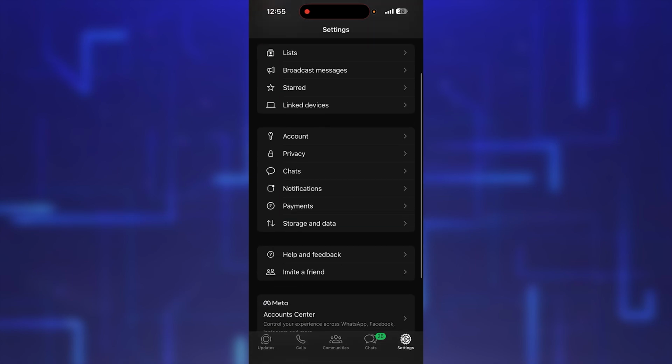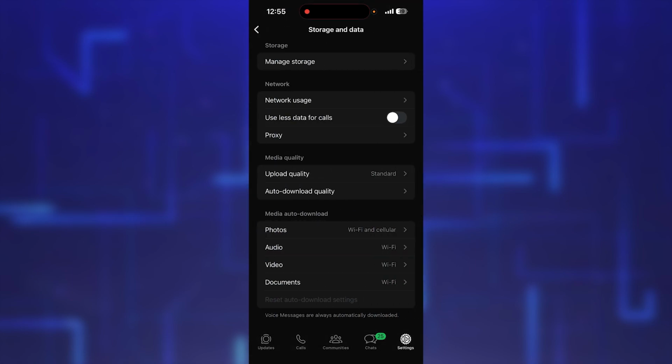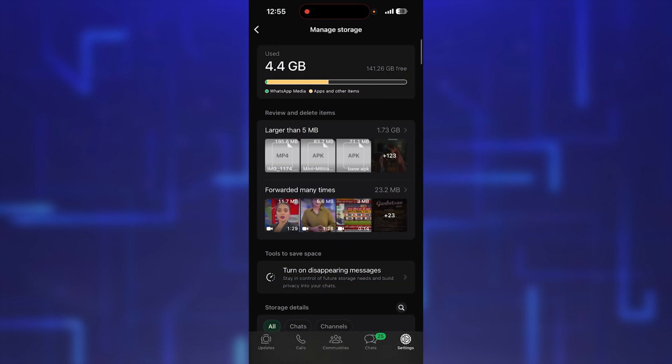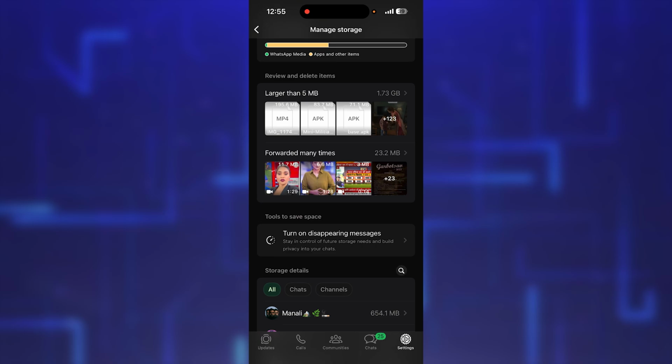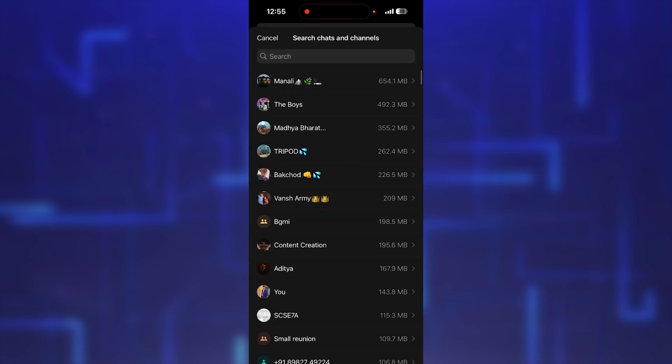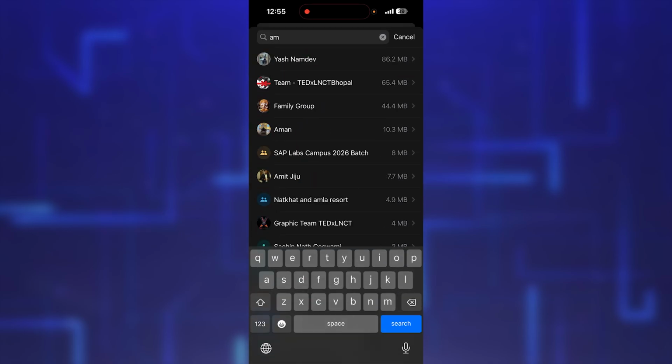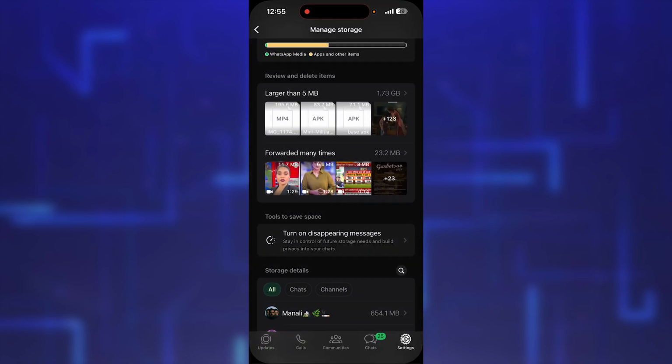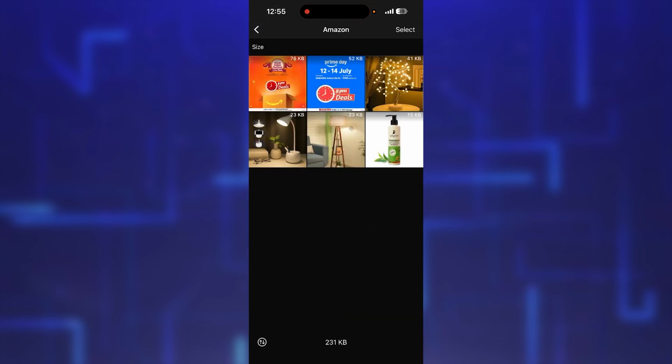Now once you are in the settings, you need to go to the option of storage and data. Here simply click on manage storage. Once you do that, in the search option, search for that particular chat. For example, if I search for a chat like this, here you will find all the media that have been shared in that particular chat, and you will also find the view once